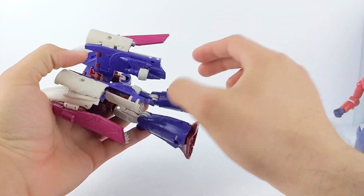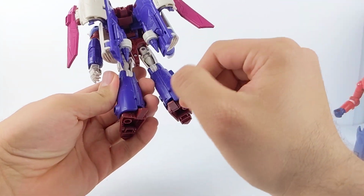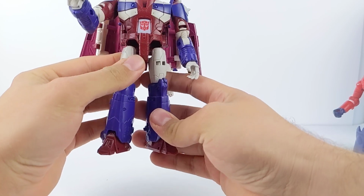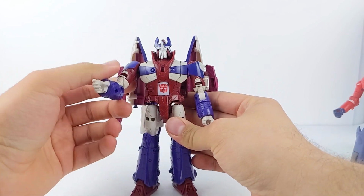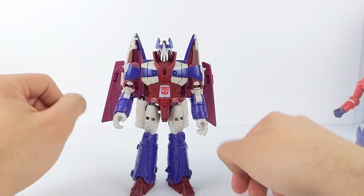I know a lot of people are having other issues. One person had one of these flipped around. There were some stress marks and other weird paint defects, but I've got a little tiny scratch right there and a little bit there, but it's not too bad. It's barely noticeable from a distance. So let's go ahead and get these guys out of the way real fast, and we'll focus on